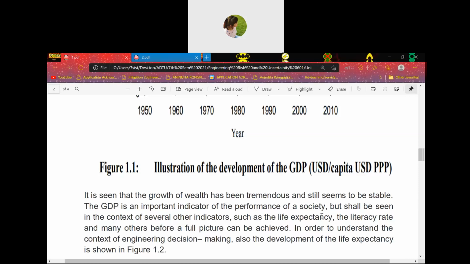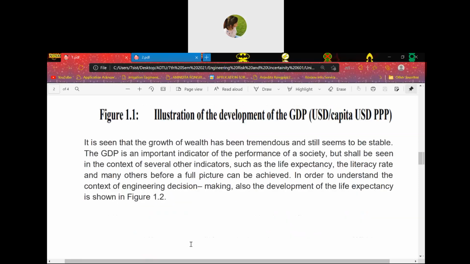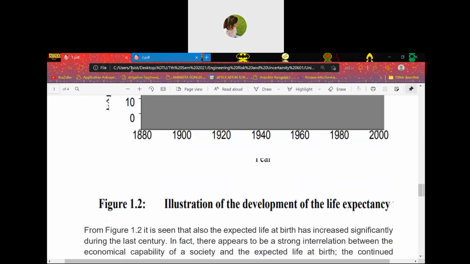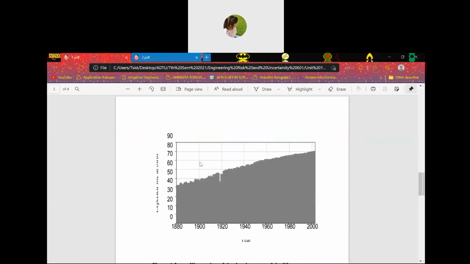So all the activities in society should improve the life expectancy of a human and also improve the GDP, which results in investment in life-saving activities. These life-saving activities must be in balance with the resulting increase of life expectancy. At present, it is just stated that this problem constitutes a decision problem which can be analyzed using cost-benefit analysis. About cost-benefit analysis, we'll study in our upcoming units, as well as in the later chapters of this book.